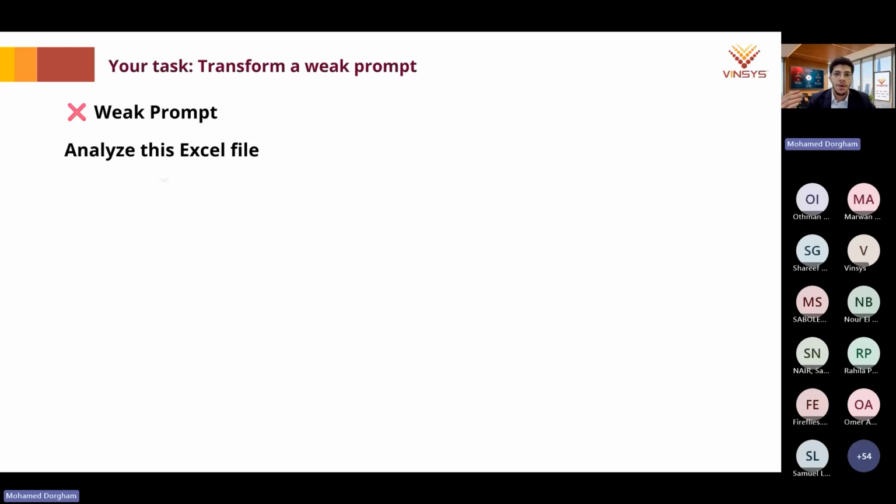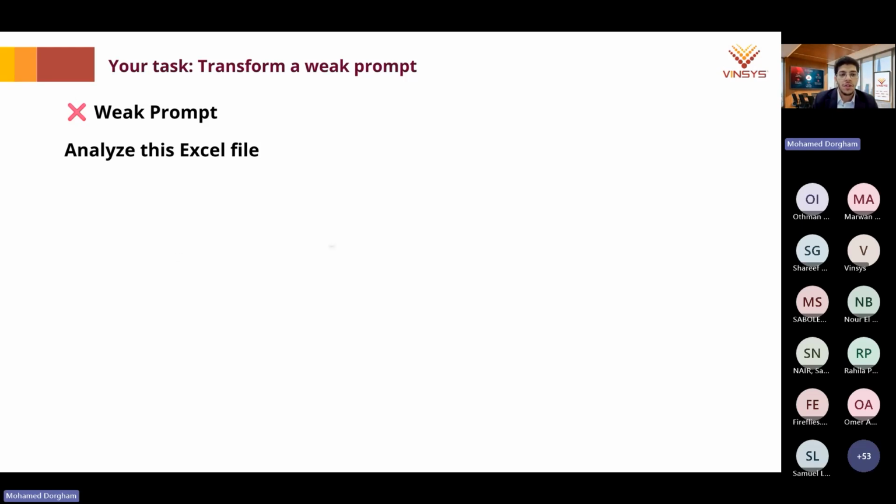We spoke about this earlier. Do you want the AI to analyze every single cell? Do you want the AI to only focus on the columns? Do you want the AI to give you an action point? What exactly are you looking for? So all these questions you need to answer yourself, okay? It is very important to understand this, because after that we're going to see some real world scenarios and real world actions. And I really need you to understand the best practices when writing a prompt, so you would all be able to get the best answers the first time.